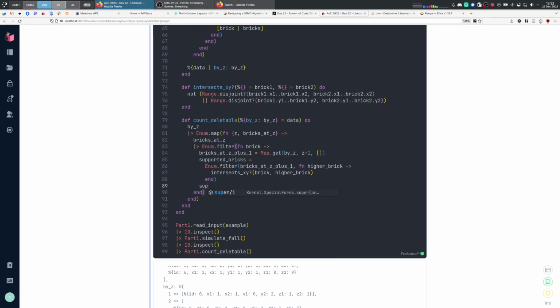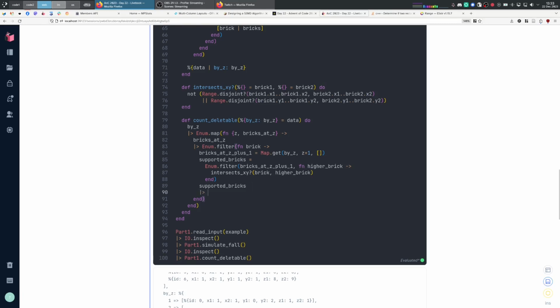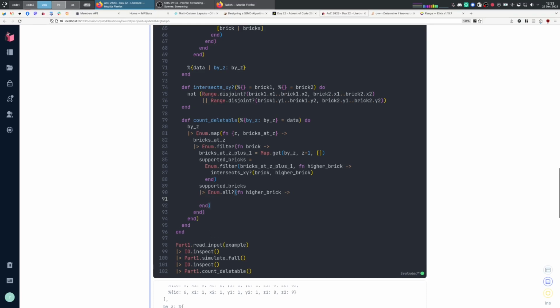Now we want to go over supported bricks and check their supports, and if any of them have exactly one support, okay, we want deletable, so we want all the bricks to be enum.all, and for each brick, supports is